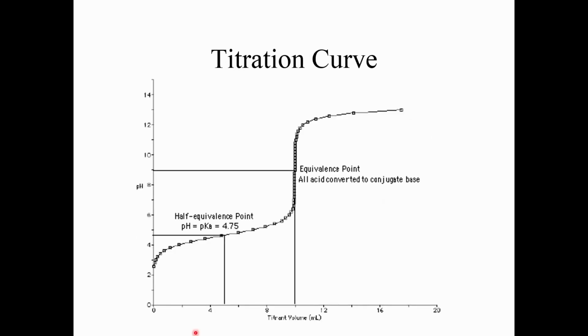So you can characterize how a buffer pair behaves using something called a titration curve. So on the x-axis is how much acid or base you've added. So oftentimes what we add is sodium hydroxide. And then the y-axis is the resulting pH. Alright, so notice we're adding some base and the pH is going up,